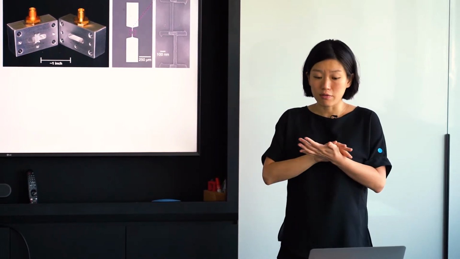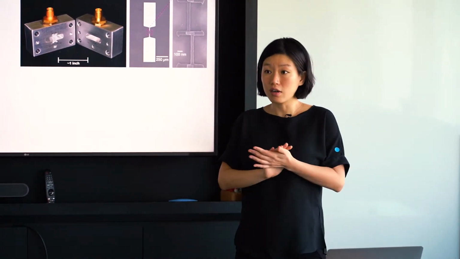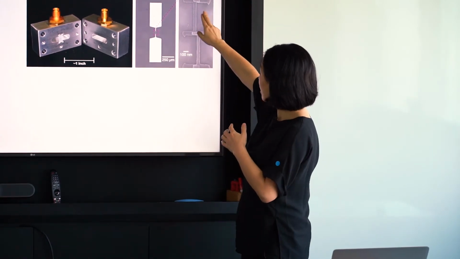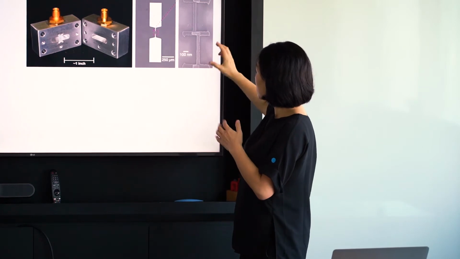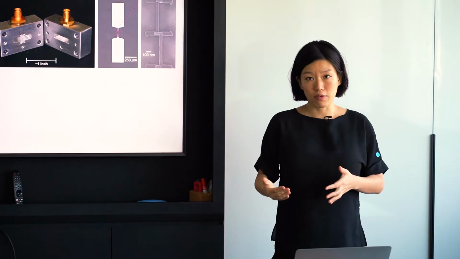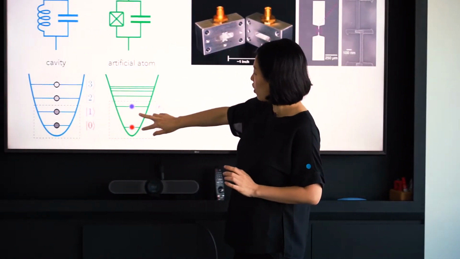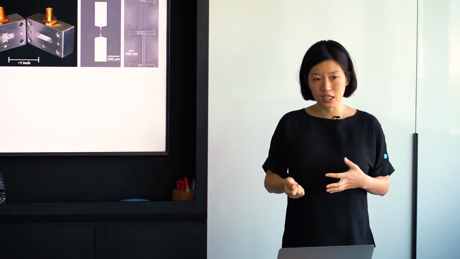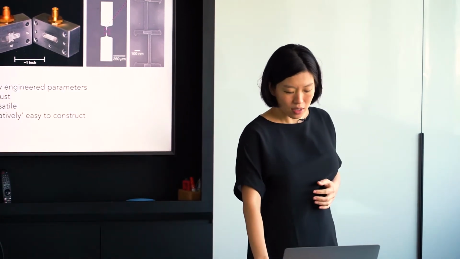So these things we can fabricate using a lot of the currently available fabrication techniques, and we can engineer exactly the sizes and the shapes and the features, the patterns and the geometries very precisely to give us the property that we want. And the properties are usually associated with how large the transitions are and what's the shape and depth of the well, etc. Okay, so we have a lot of control over this, and that's one of the advantages that circuits have